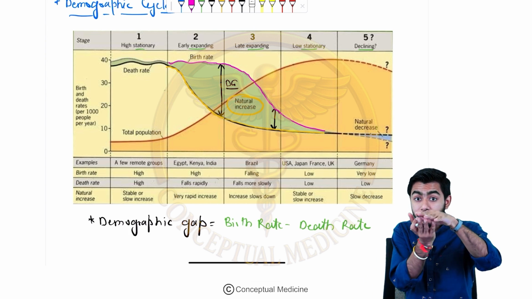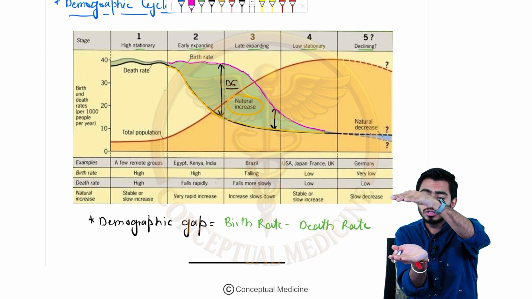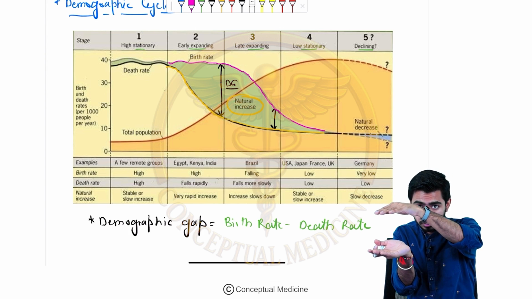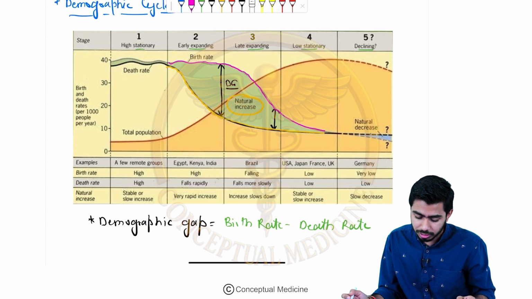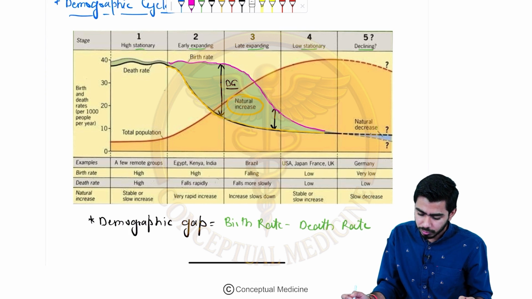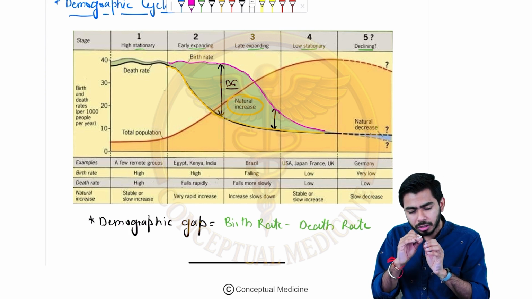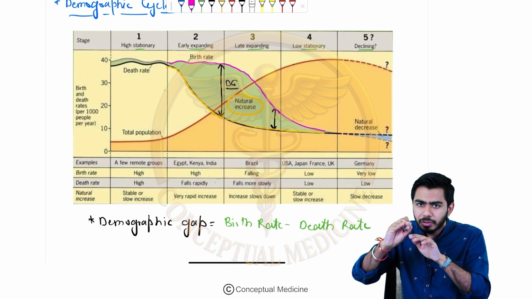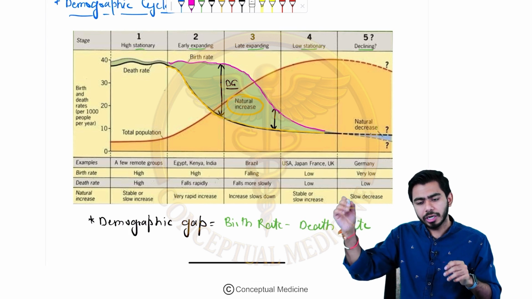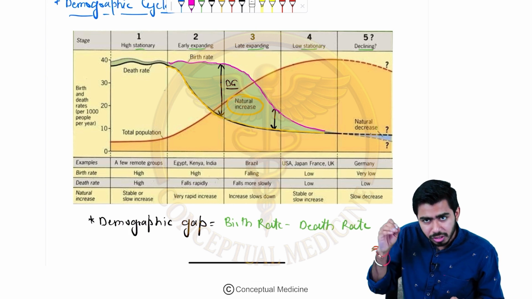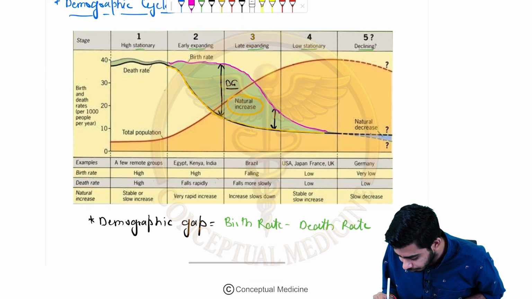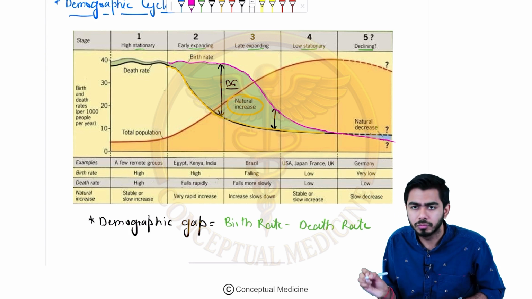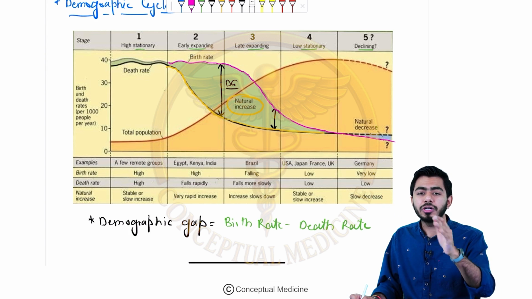Okay, stage 2 was early expanding because the demographic gap was expanding over here, and then there was late expanding. Okay, the demographic gap, you can see, is becoming narrow. So early expanding and then late expanding. That's how stage 2 and stage 3 respectively are seen over here. After stage 4, the death rate will remain stable, stationary, but the birth rate, after coming down, will keep on sliding downward. Here you can see with the pink color I am showing this birth rate. As it slides downward in the 5th stage, it will keep sliding downwards only. So stage 5 will be the declining or the negative stage,